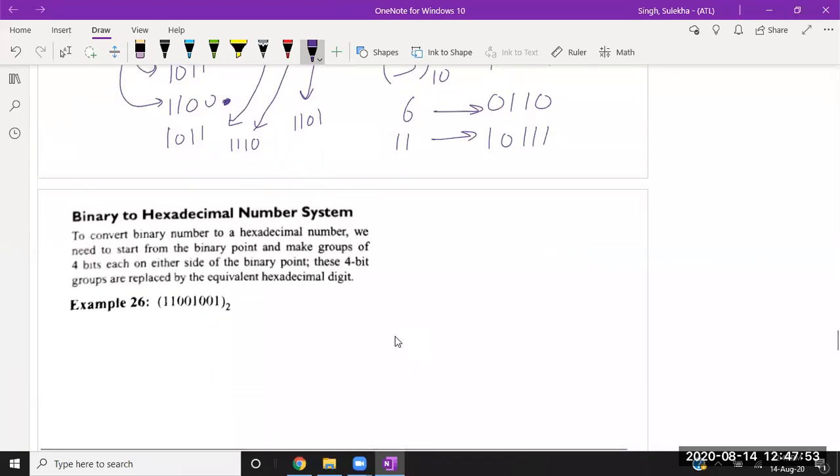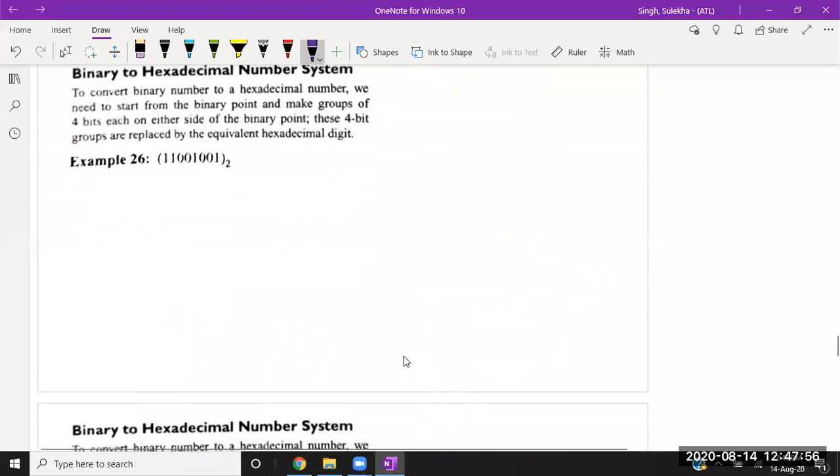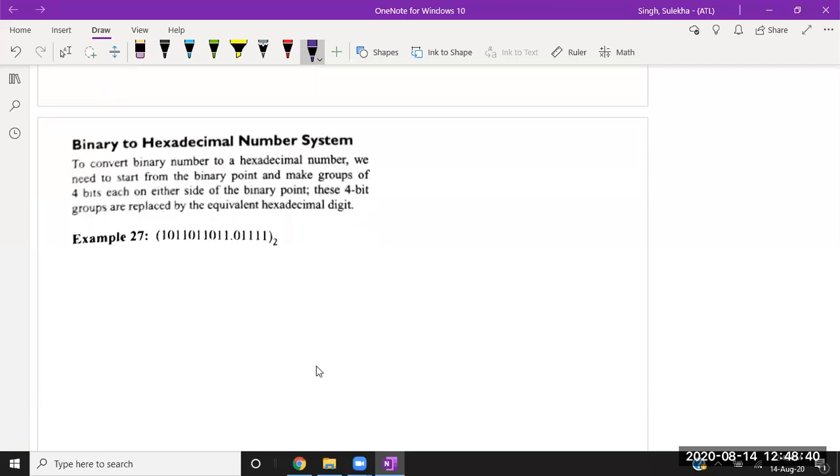Next question is binary to hexadecimal conversion, the same concept. So this is very simple. This is your C, this is your 9, and you can write C9 in base 16. Okay, it's very simple. Come to this question. Solve this question. For your convenience, I am making pairs. This is a 4 pair. This is a 4 pair. This is a 4 pair, and there are only two values, and here it is only one value.